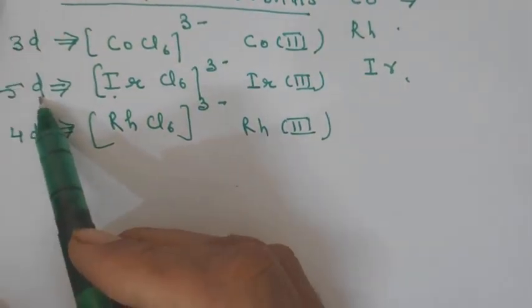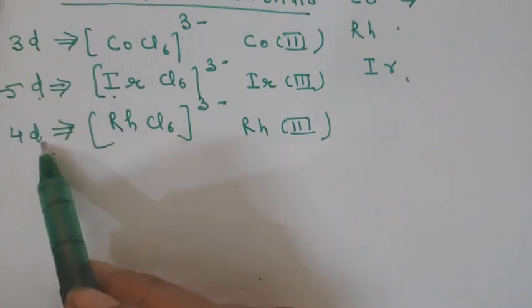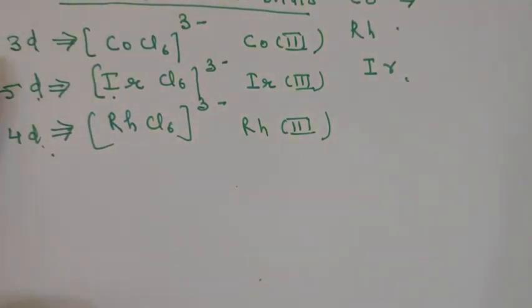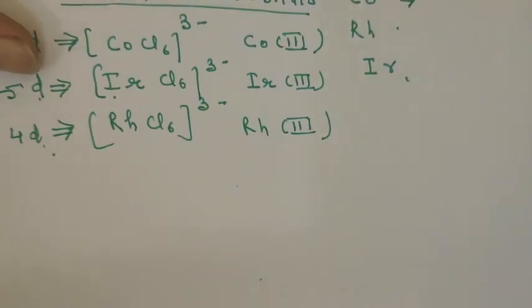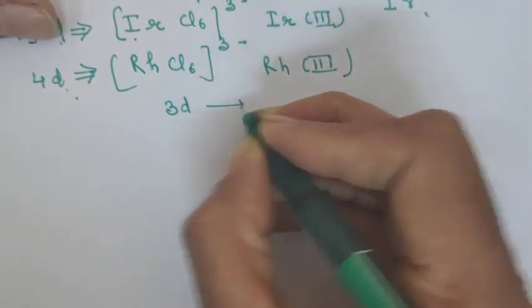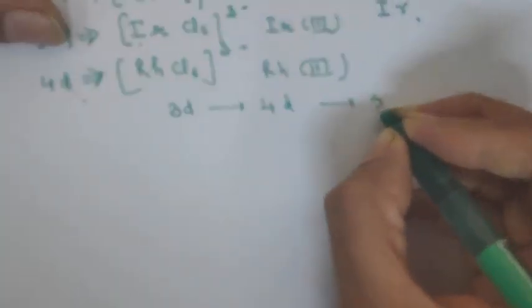5D orbitals are bigger in size than 4D orbitals. 4D orbitals are bigger in size than 3D orbitals. So, 4D orbitals are more exposed, more spread out than 3D orbitals, and 5D orbitals occupy more space. Since these orbitals are biggest in size, they can interact more with the ligand, and larger will be the crystal field splitting.